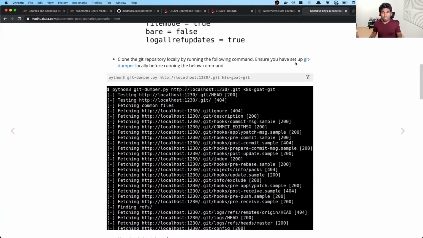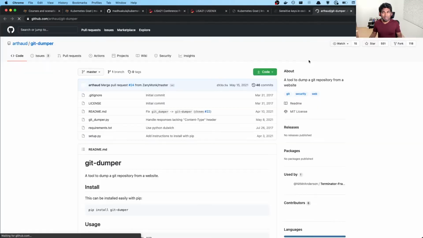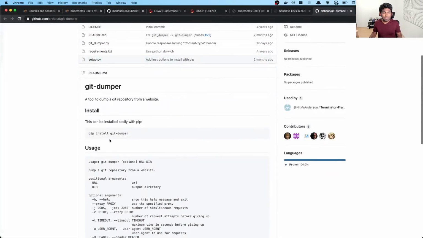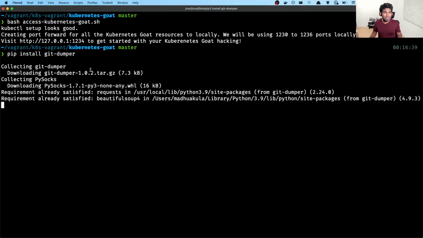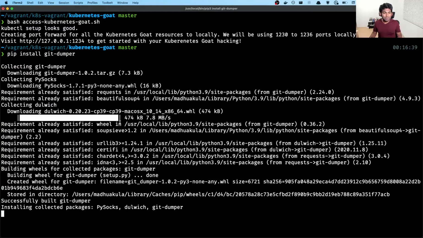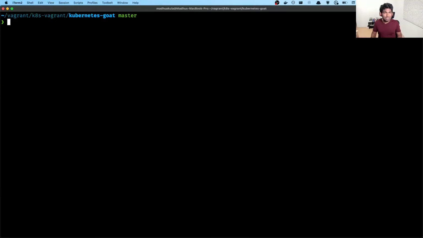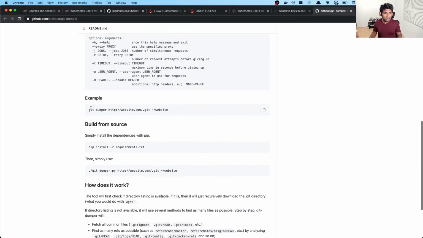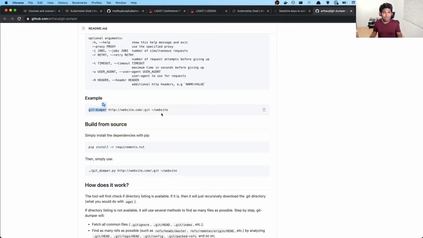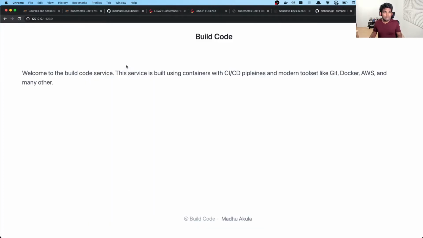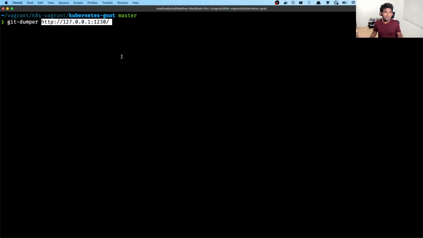I'm going to use a simple utility called git-dumper, which helps to clone the entire GitHub repository from the remote place. Let me go ahead and install git-dumper, which is going to help me set up and download the remote GitHub repositories. Now git-dumper is there. To clone this, I just need to use git-dumper and the URL which I have to clone, right? In this case, it's this URL and .git